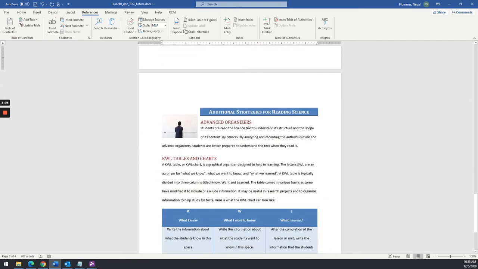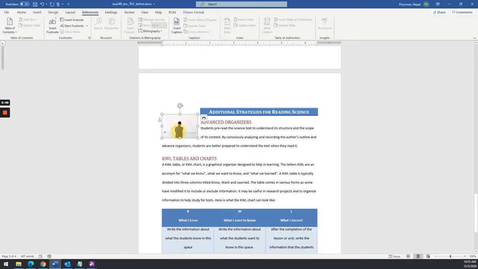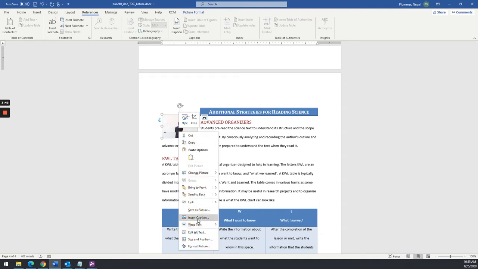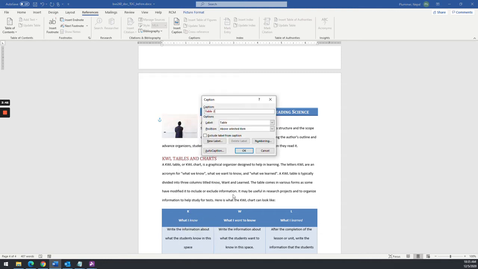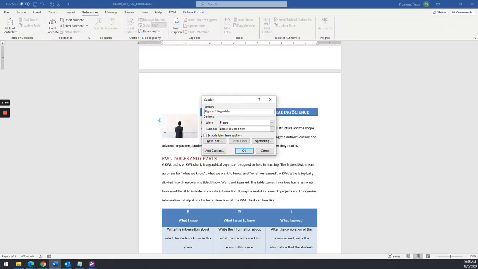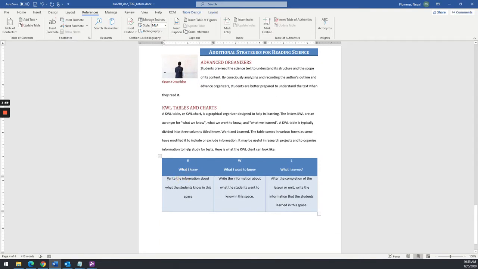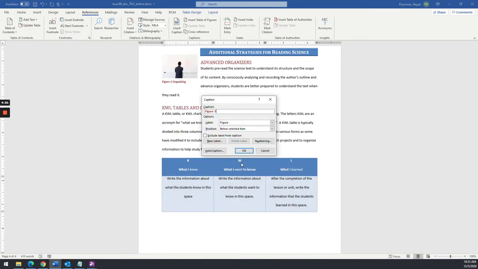I'm going to scroll down. I can't remember the name of this one. This one is organizing. So if I click on the image, right click, choose insert caption. Again, this is not a table. This is a figure. Organizing. I was close. All right, so organizing. And then our final one is this table. Just right click, insert caption, or you can go to references, insert caption, same thing. This is a table, so this one's going to be table 2. And I know it is the